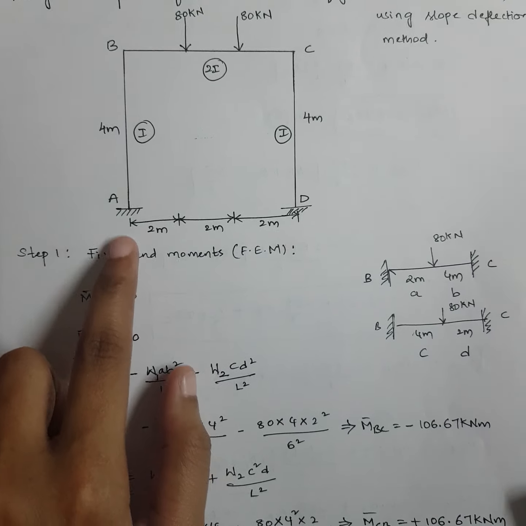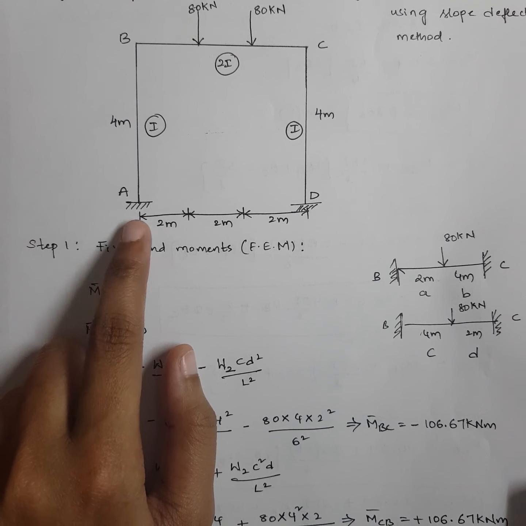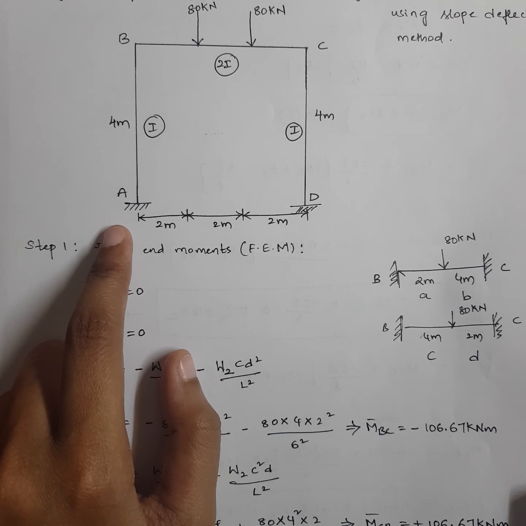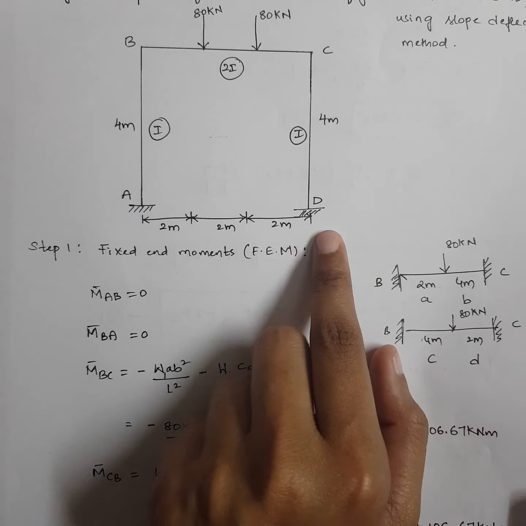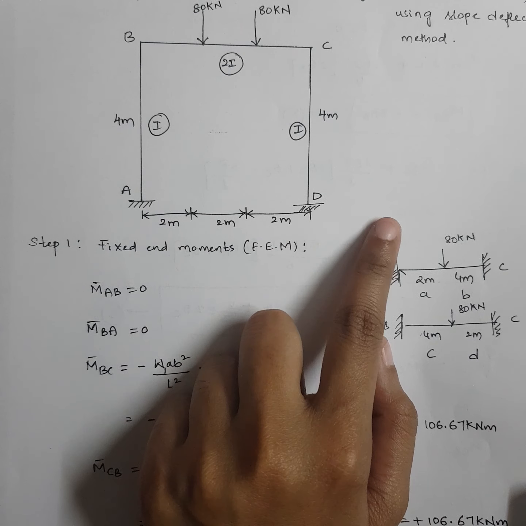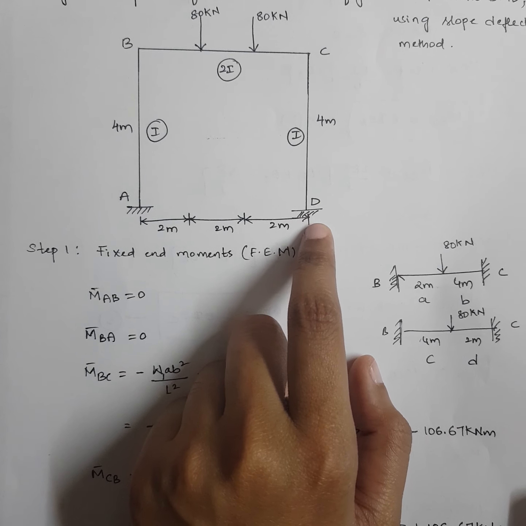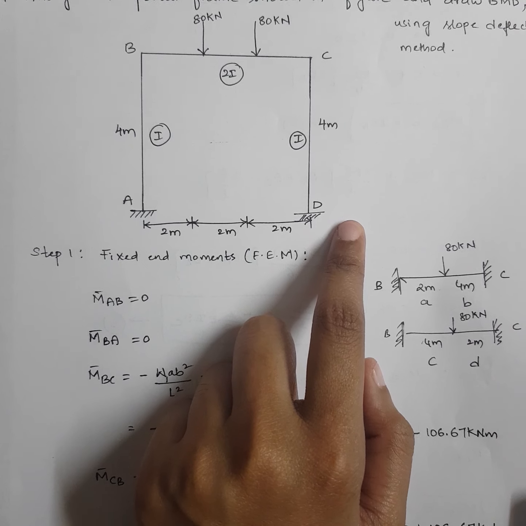If you remember our frame, A is fixed, D is fixed. At a fixed support you have 3 unknowns. You have a vertical reaction, you have a horizontal reaction, and you have a moment also, correct? So we calculated moment MAB. Now we need to calculate RA as well as HA. Similarly D is also a fixed support, which means again you have 1 vertical reaction, 1 horizontal reaction and 1 moment. Moment I have already calculated. I require RD value, which is the reaction in vertical direction, and HD value, which is the reaction in horizontal direction.